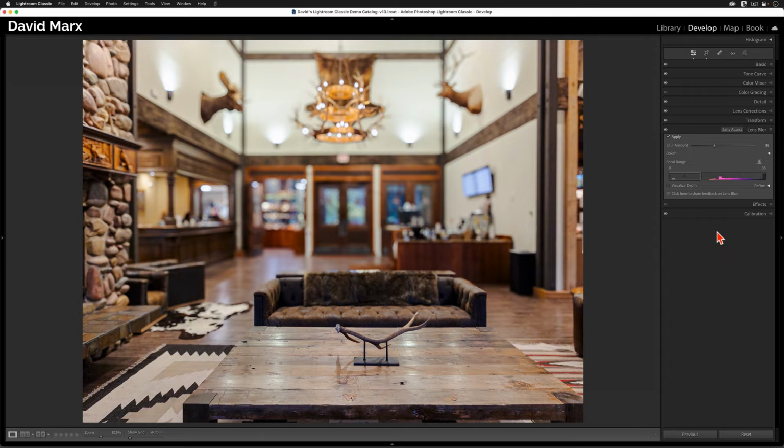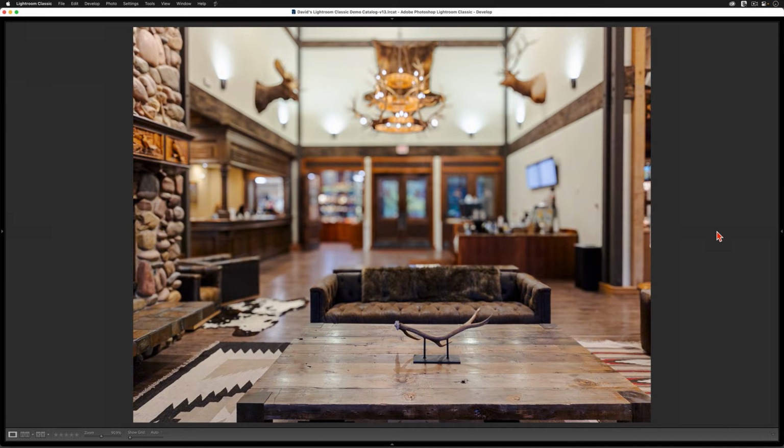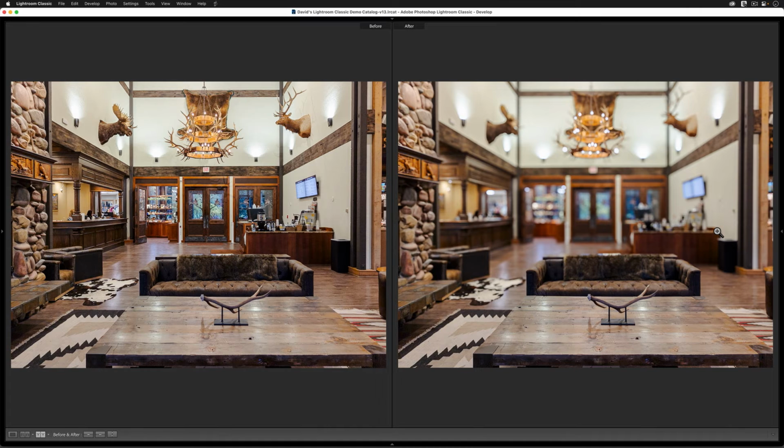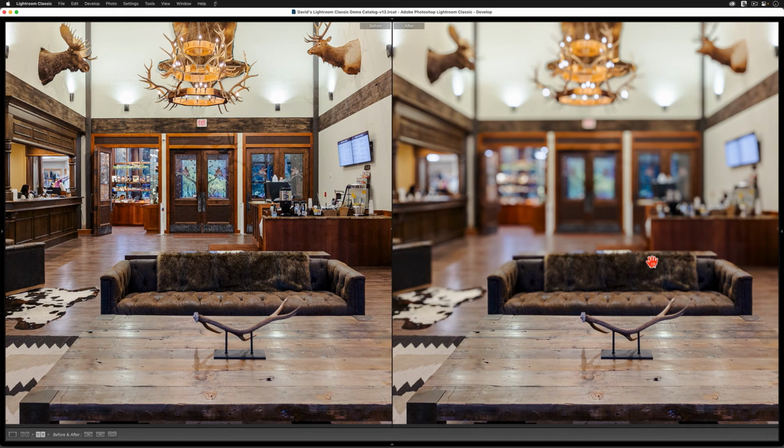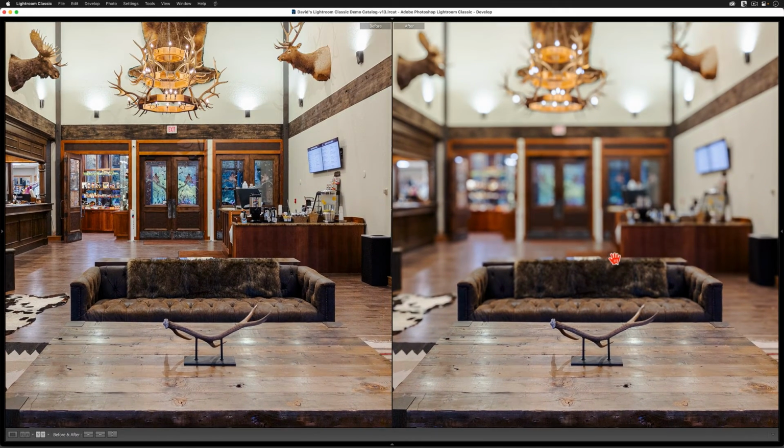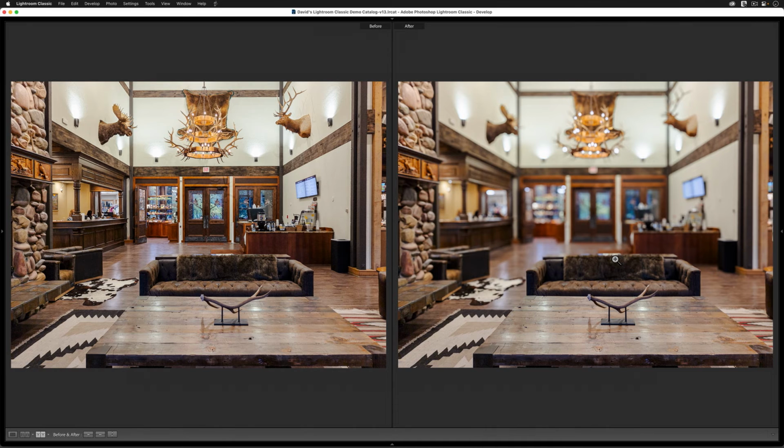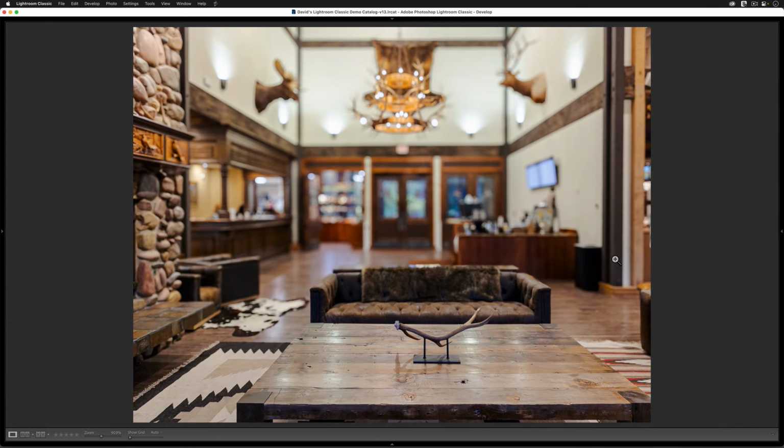At this point, I'm going to hide all of my panels away, and I'm going to split my screen so that you can see our original image on the left and the blurred version on the right. If I zoom in, this looks great to me, and the final image looks more like something that I would get from my DSLR camera than what I expect out of my smartphone. In this case, we got great results because the depth map that the AI created was super accurate. Unfortunately, that kind of accuracy is not guaranteed. So let's move on to another example where we're going to need to do a bit more work.